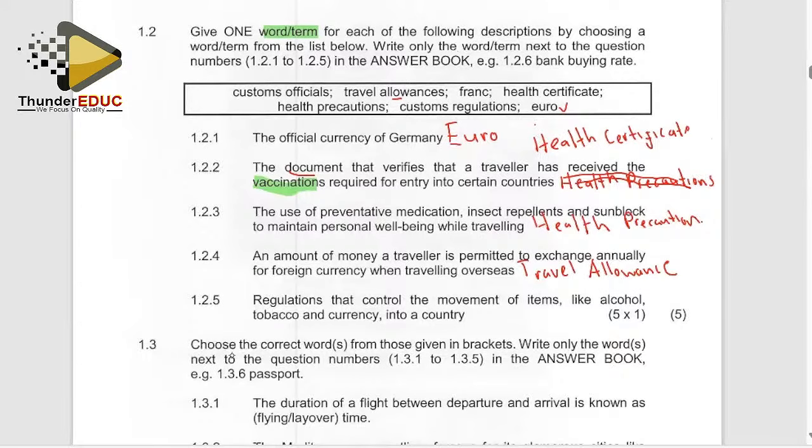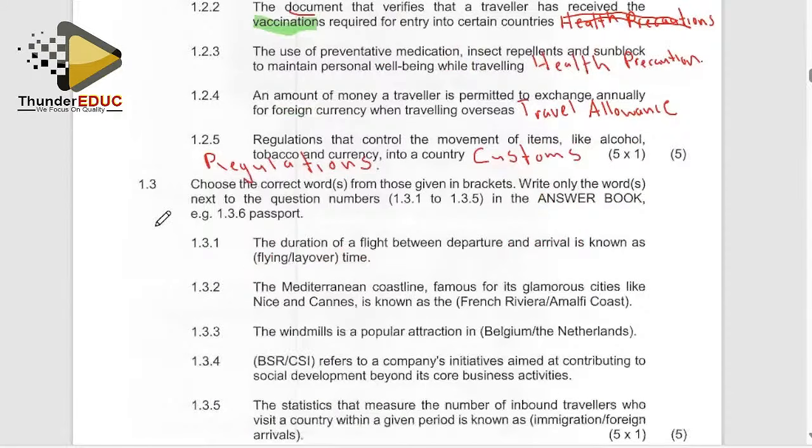Then 1.2.5, regulations that control the movement of items like alcohol, tobacco, and currency into a country. So this is controlled by what we refer to as customs regulations. These are referred to as customs regulations. Then moving on to 1.3,